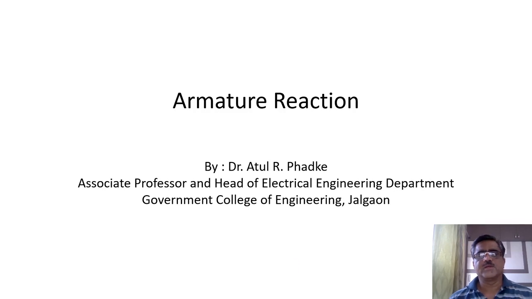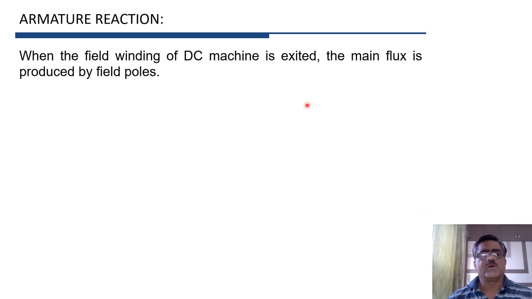Let us now study the armature reaction. This armature reaction takes place in both AC and DC machines. Here we will study the armature reaction in DC machines. Now you know that in case of a DC machine there are field poles, and when the field winding is excited,